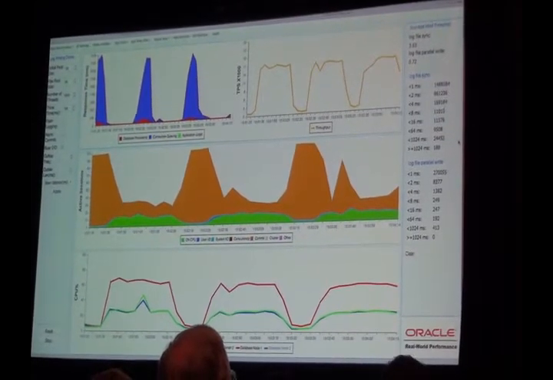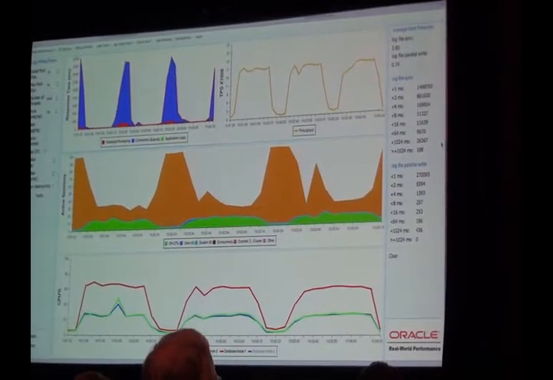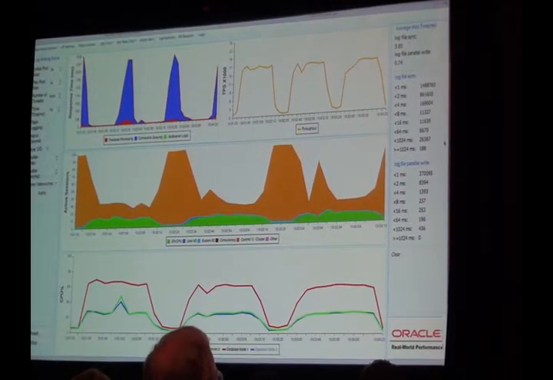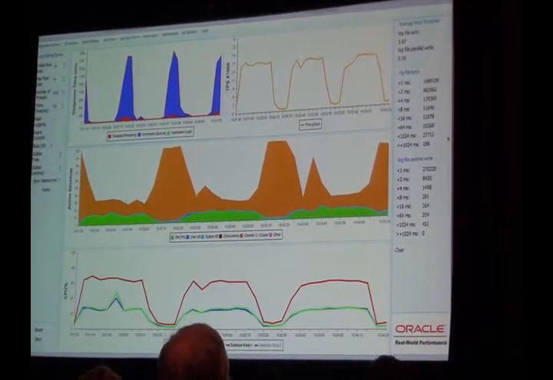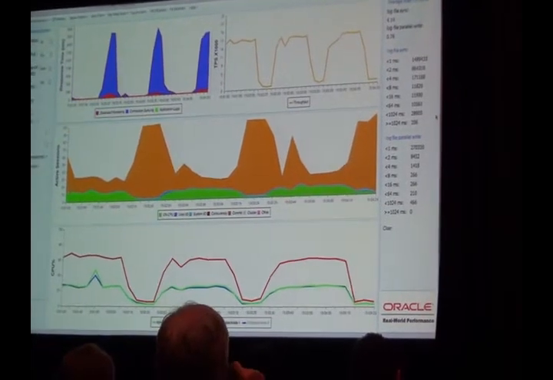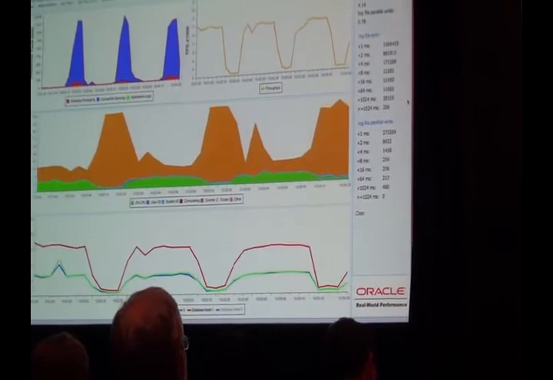One of the issues with log file parallel writes being slow is that it backs up all of the transactions. If you have a really slow log file write, you're going to get many more transactions than normal backed up behind that. So you're going to get a disproportionate number of very long log file syncs. If you look at the ratio between the long log file syncs and the long log file parallel writes, we're running 96 sessions, and you'll see it's almost a 100-to-1 ratio.